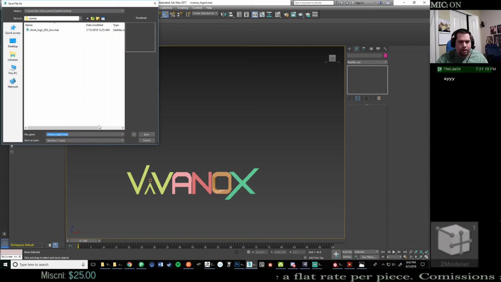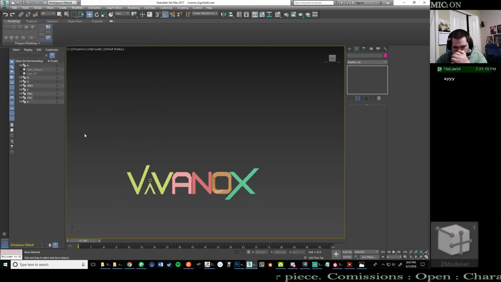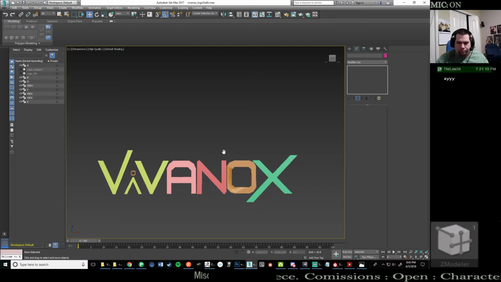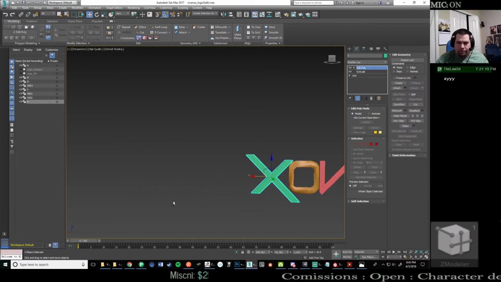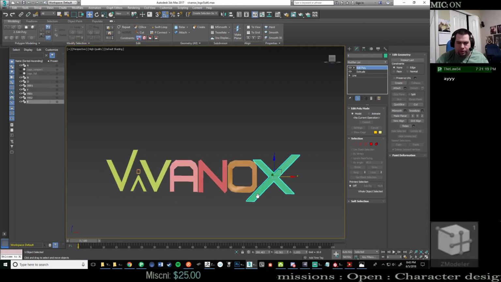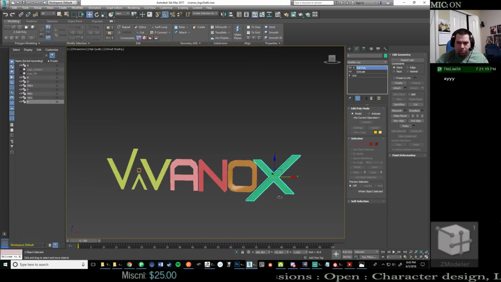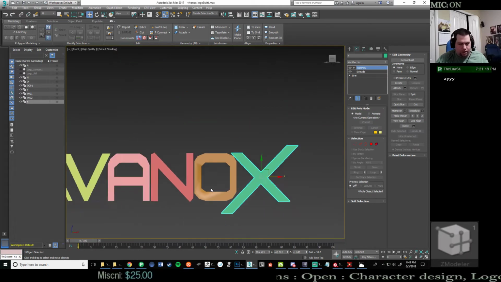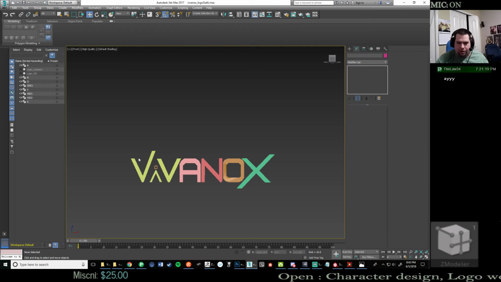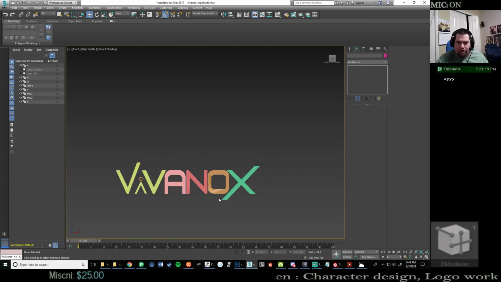File, save as. Alt. So as an alternate to just having the V trail and the X trail, we could also.